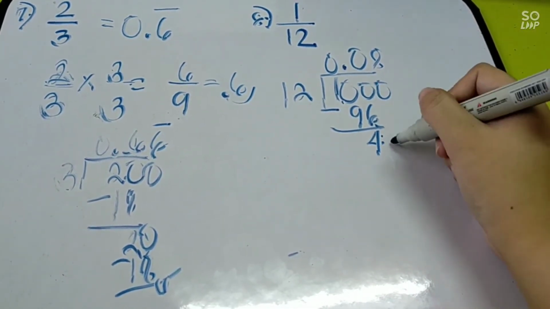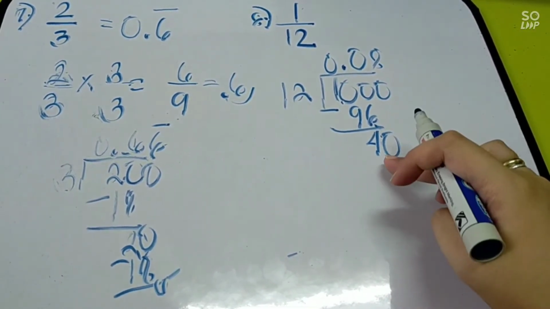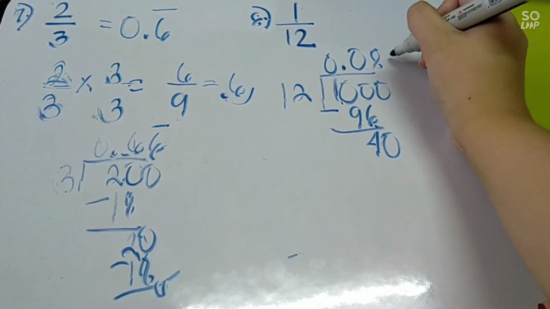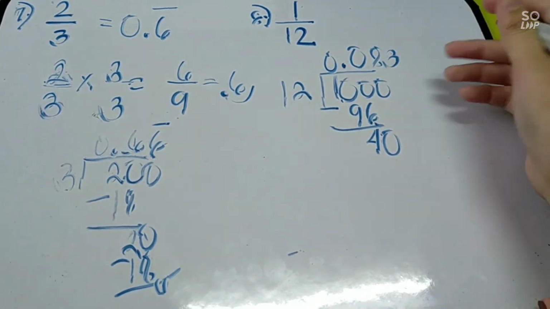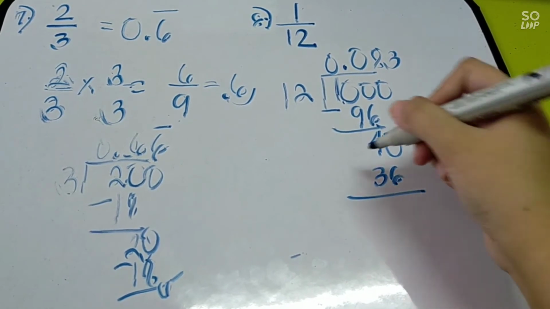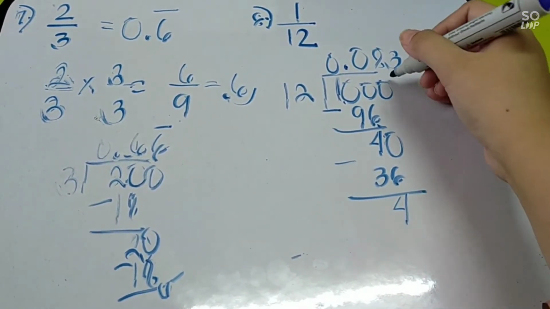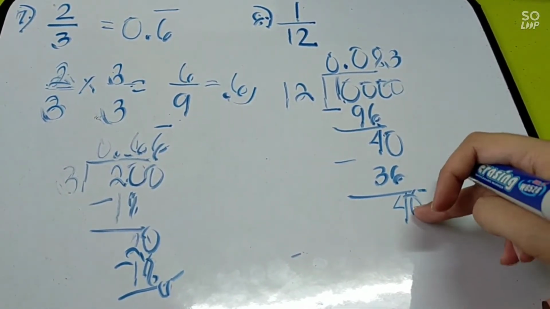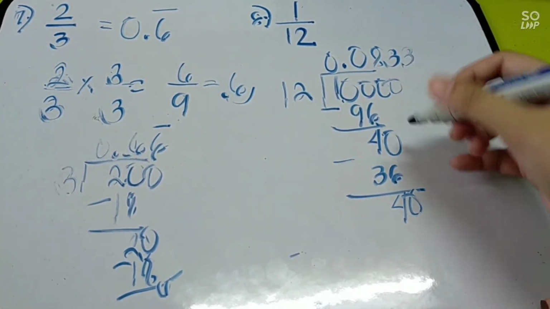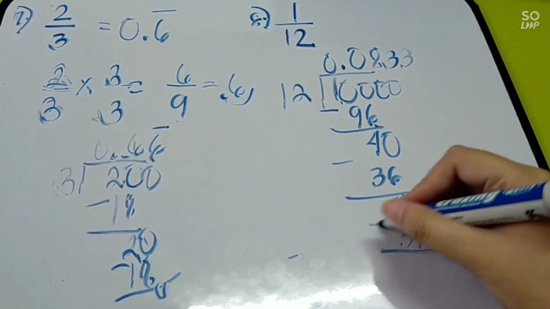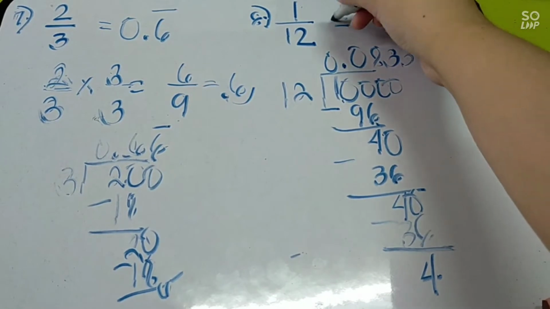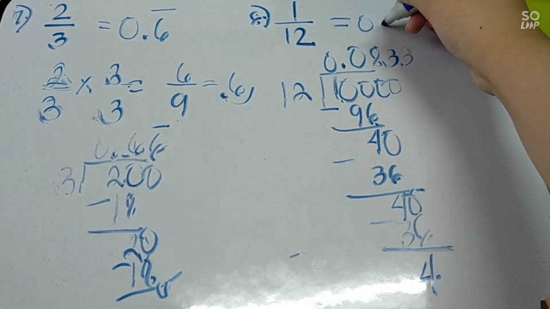Add 0 dito. So, we have here 40 divided by 12. The answer is, we have here 3. 3 times 12, the answer is 36. Then, subtract mo. 4 ulit. So, add 0. So, 40 divided by 12, 3 ulit. So, meaning, ulit-ulit na siya. 36. Then, subtract ulit, magiging 4 ulit. So, add 0. So, therefore, si 1 over 12 is equal to